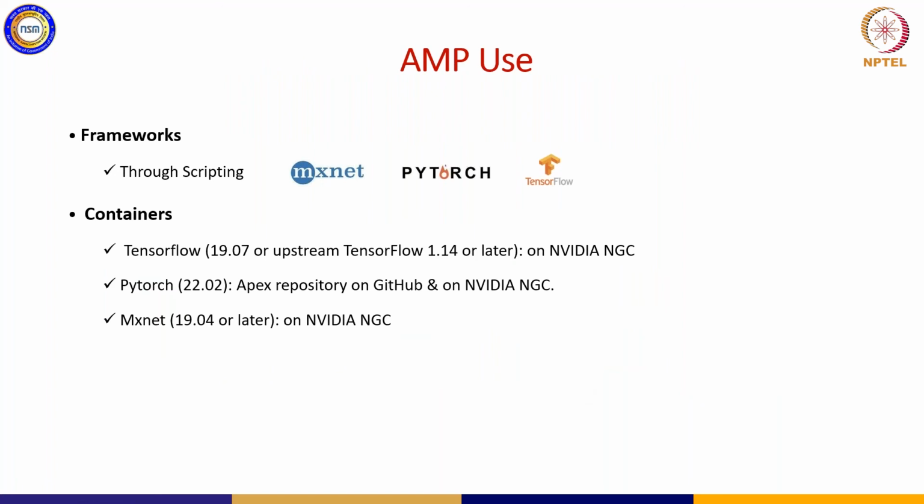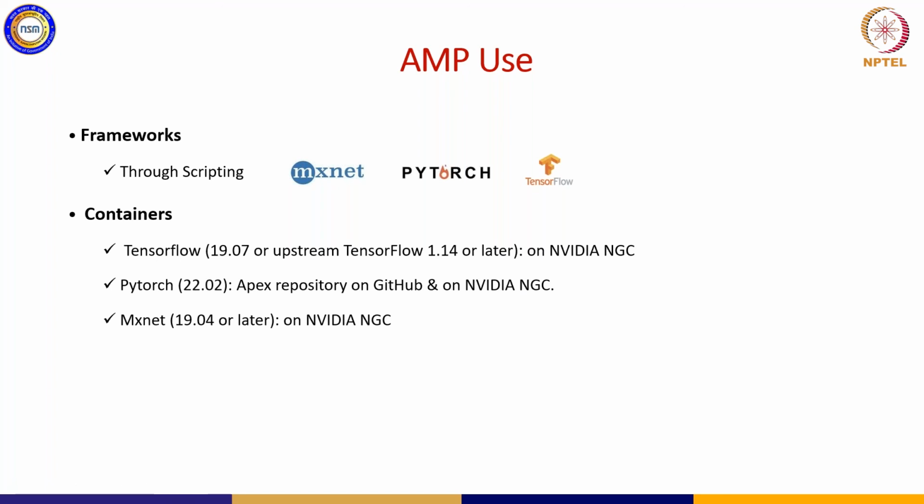So how do we use automatic mixed precision? We can use it through our frameworks using scripting. It exists in MXNet, PyTorch also. You can use it on TensorFlow as well. And then you can use containers. However, in the container, I must say for TensorFlow,